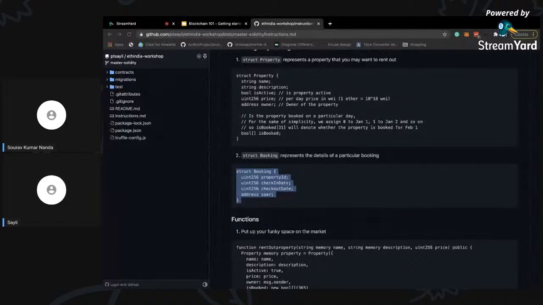I'll just copy paste it here. Then we have the booking ID. Then again this mapping. So here again we are storing the